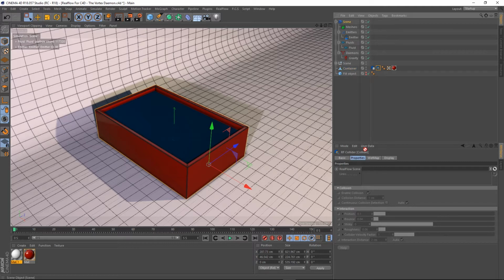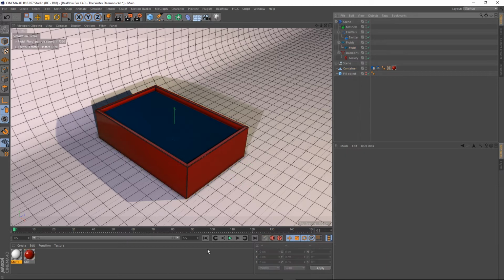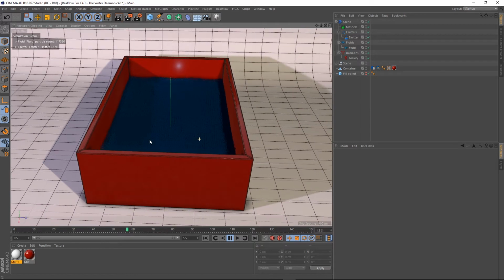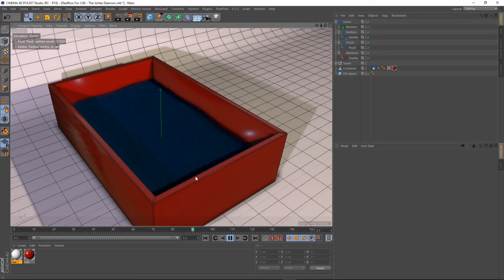Also, does the scene need to be in here? Yeah, okay, so the scene needs to be in here, and I think this fluid needs to be in here. So we should all be good now. Let's give that a go. Okay, there you go, it's simulating nicely now. So we've got our body of water in there. Now, I've only got 5 seconds in here, but I think